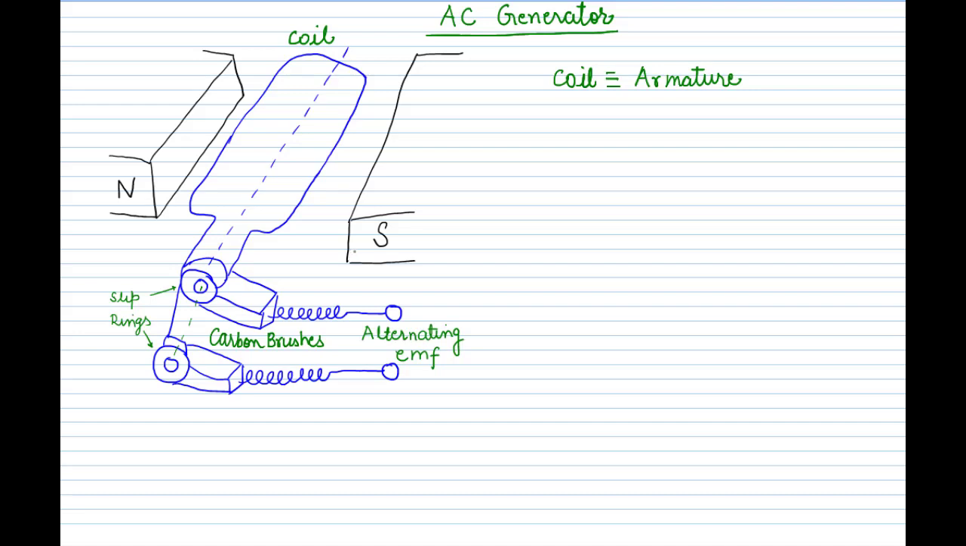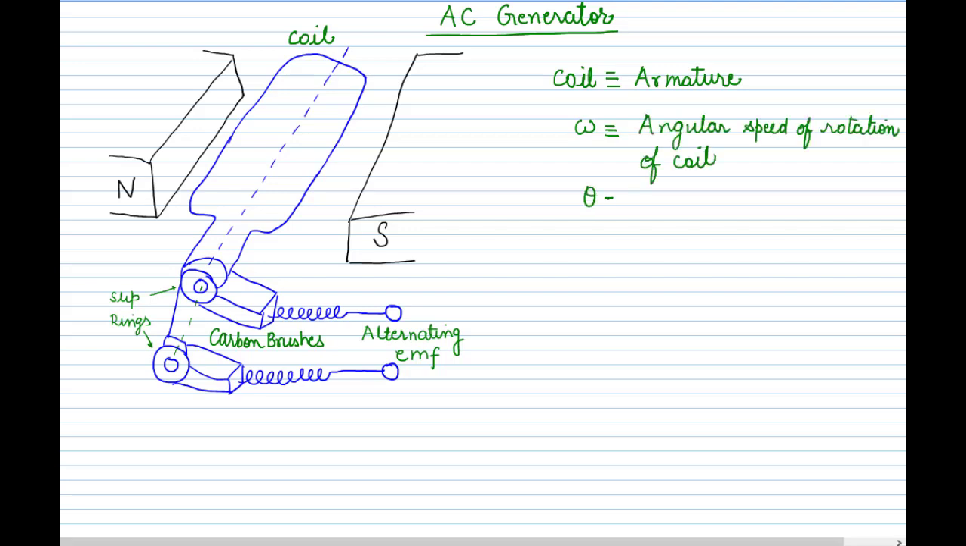Now let us see how it works. We rotate this coil with a constant angular speed omega. Let us say omega is the angular speed of the rotation of the coil. And if the angle is theta, then theta is equal to omega t. That is the very famous relation in physics. We already know that if omega is the angular speed, then the angle theta is given by omega t. Here theta is the angle between the magnetic field and the area vector